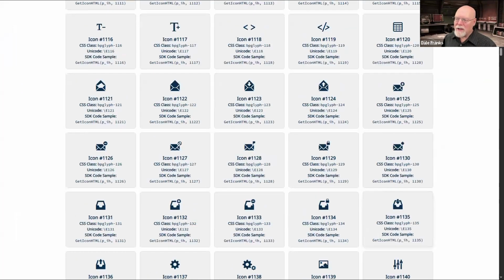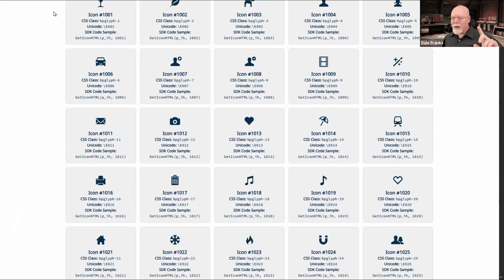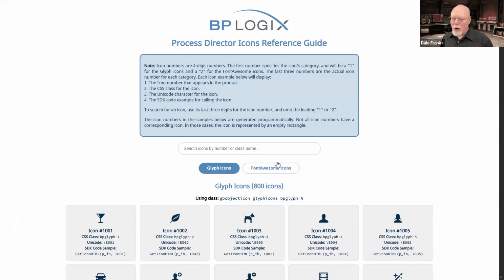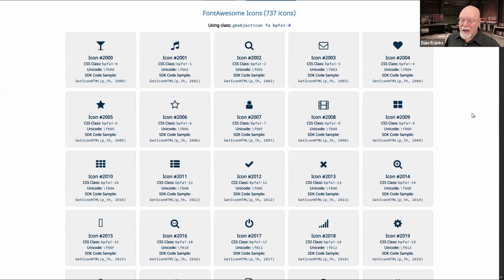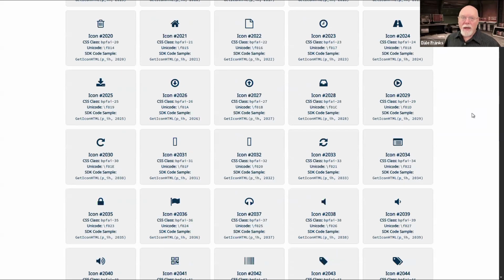So the icon guide is there. It contains all of them. One final thing about the icon guide, and it's especially true of the Font Awesome icons. The way this was generated was just by iterating from 0 to N and getting all of the possible icon numbers. However, especially for Font Awesome, not all of the icon numbers are consistent. So in Font Awesome, their icon numbers skip from 30 to 33. There is no 31 or 32. Therefore, we see these blank rectangles there.